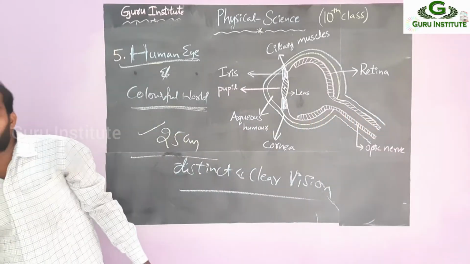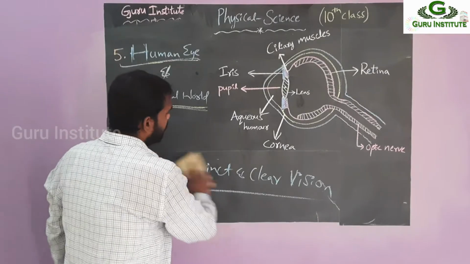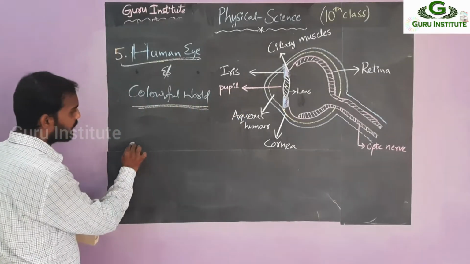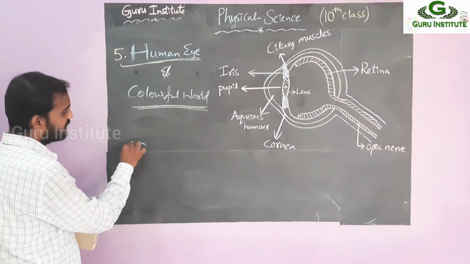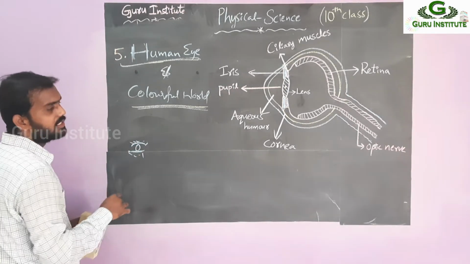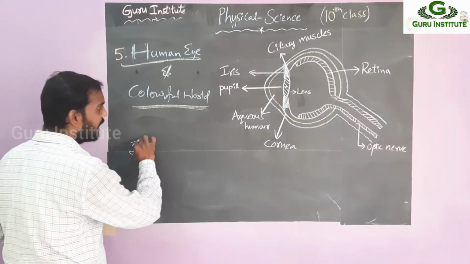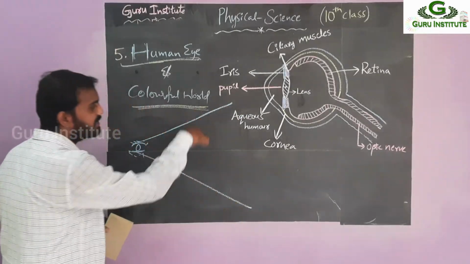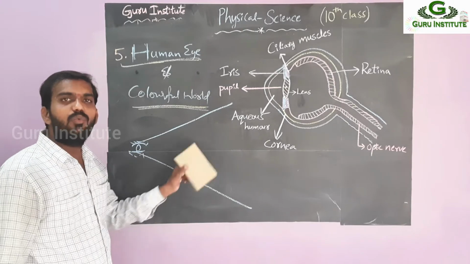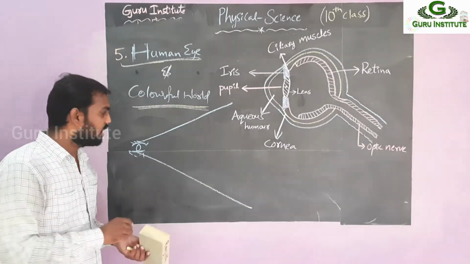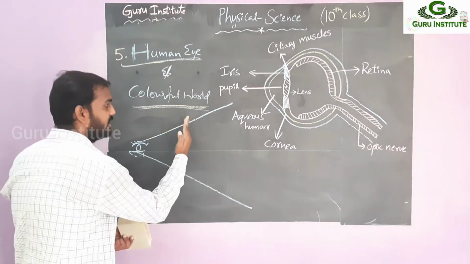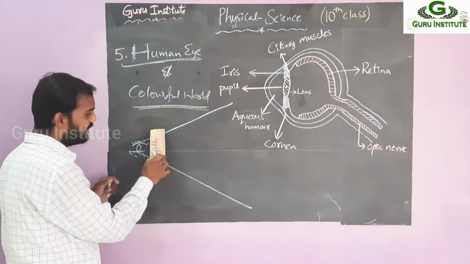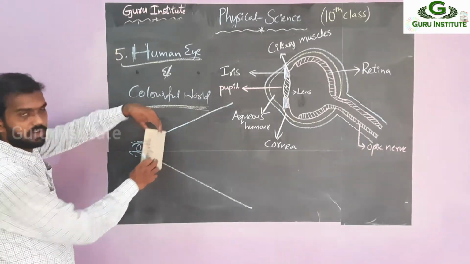I will draw a small picture to understand that. Suppose this is our eye. These are eyelids. What I told you, draw one line to the upside and one to the downside. These lines are the vision lines. Now you have to take your hand, or just suppose this duster here. If you see here, what do you see?